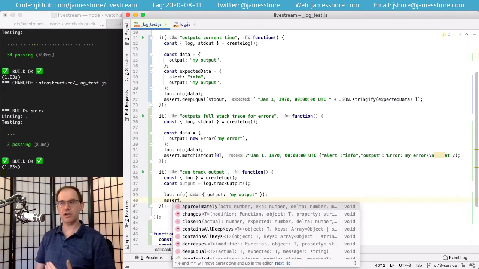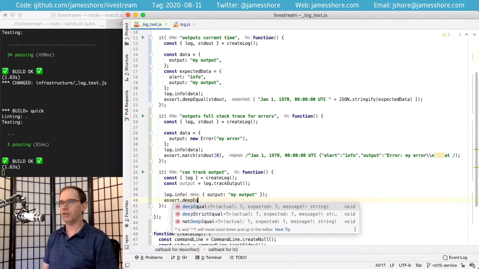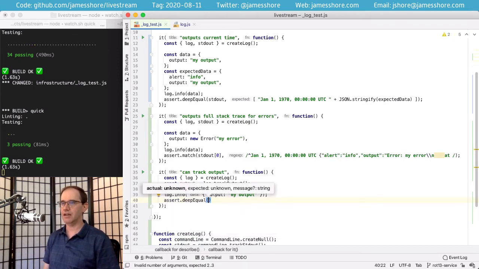Now we could assert a string, but when we're testing this, we're going to want to know that we're checking that we output the correct structured data. So rather than tracking it as a string, I think we should track it as the actual structured data that we put in. So I'm going to say that our output is going to equal the expected output.